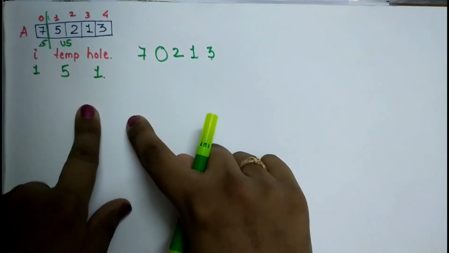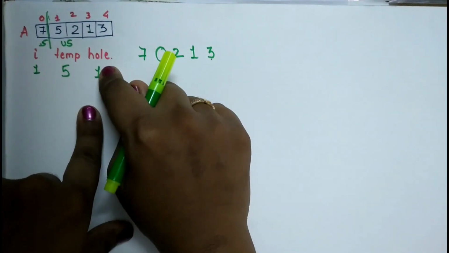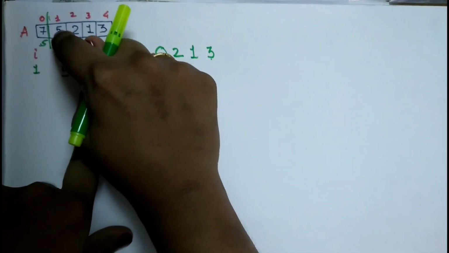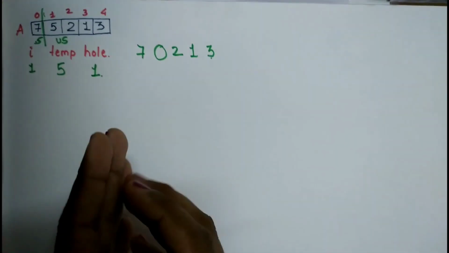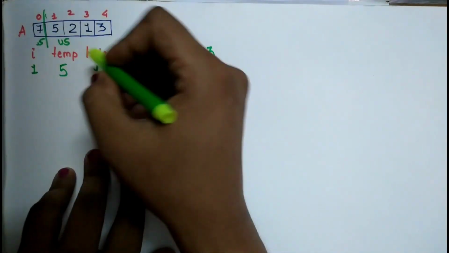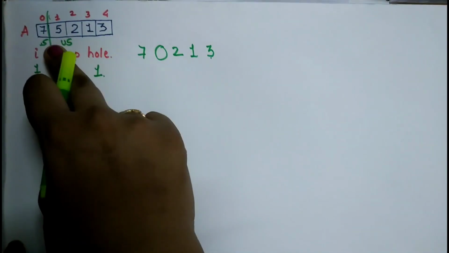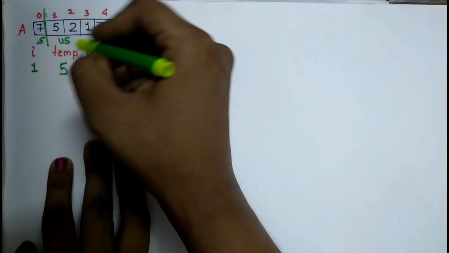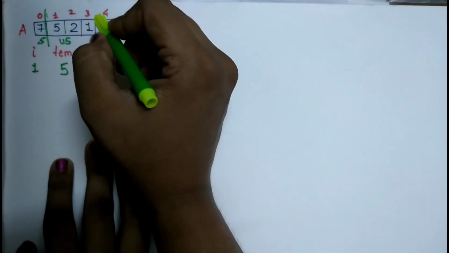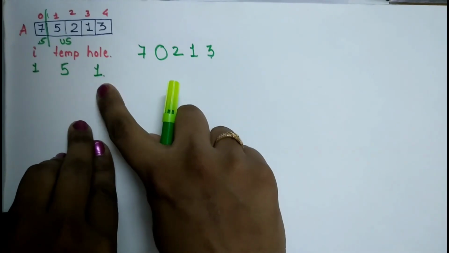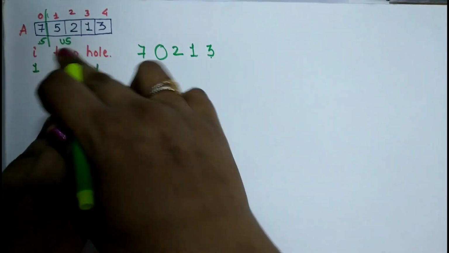Now what is hole? Hole is a variable which will hold the position, like after I remove 5 from here and place it in the temporary, there will be a hole here. The value by default is still 5, because we are just copying the element, not cutting it like we do in cut and paste. So the 5 will remain as it is, but for our explanation, as we have copied it into the temporary, there will now be a hole here, with no value. So hole is basically used to carry out the manipulations which we need to sort these arrays.